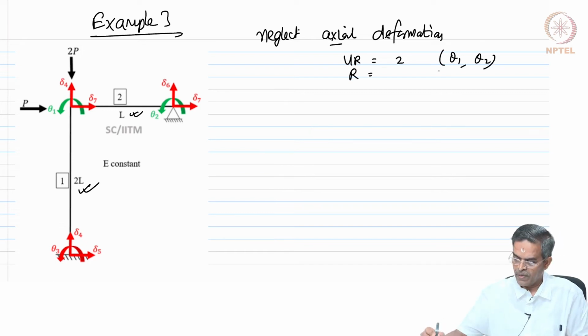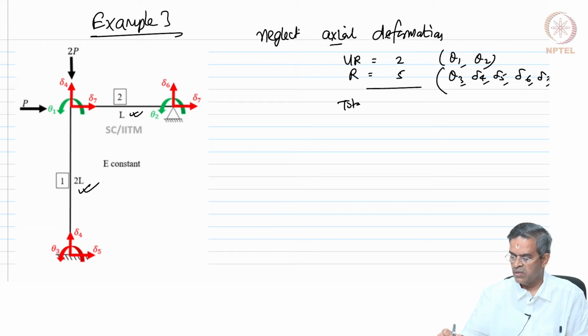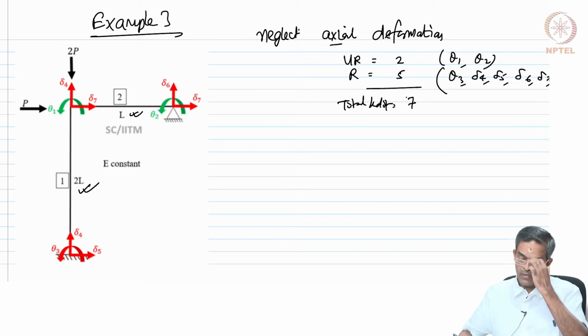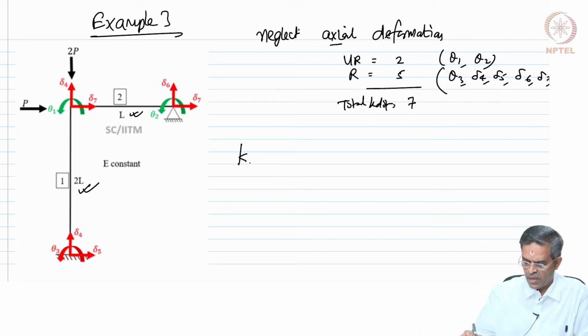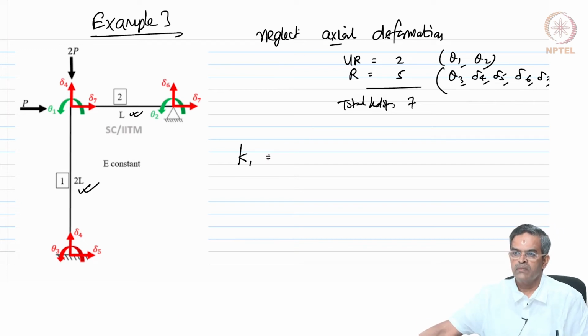So, it has got 2 unrestrained degrees, which are theta 1 and theta 2, and restrained degrees are, let us say, theta 3, del 4, del 5, del 6 and del 7, which is 5. So, the total kinematic degrees of freedom is 7. Each matrix will be 4 by 4 and we can find this very easily. So, now for the member KAB or K1, for the member K1 I should say